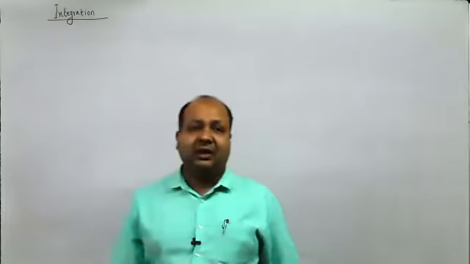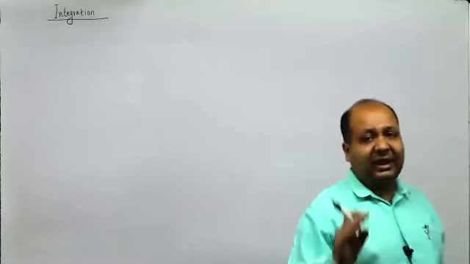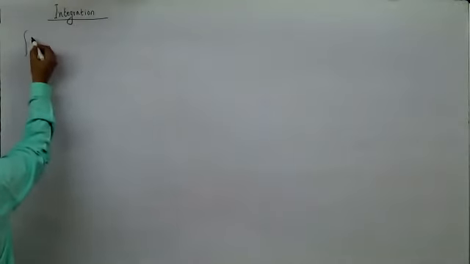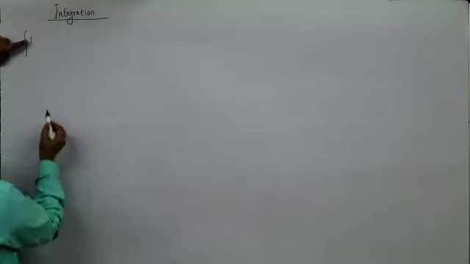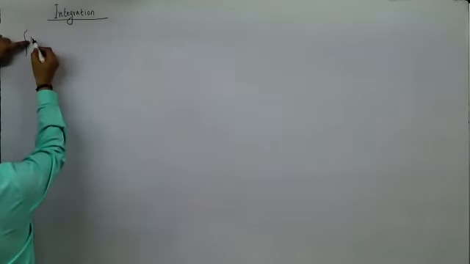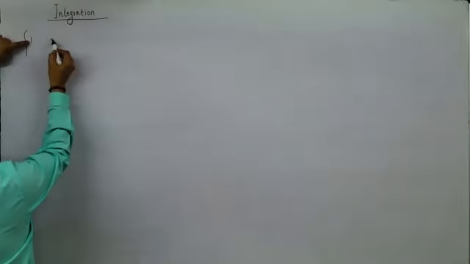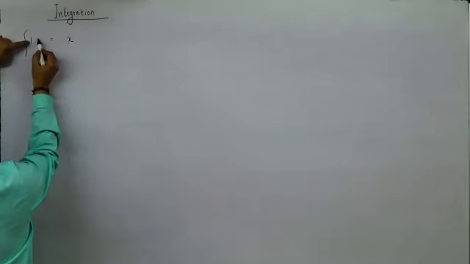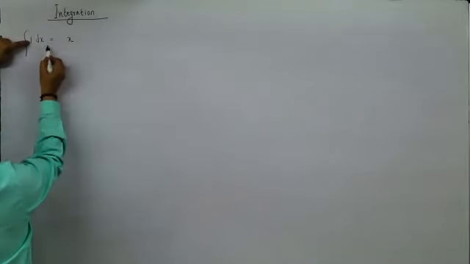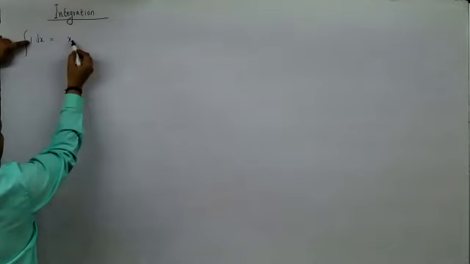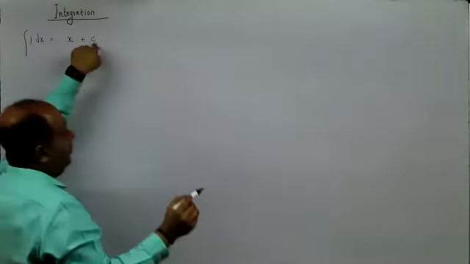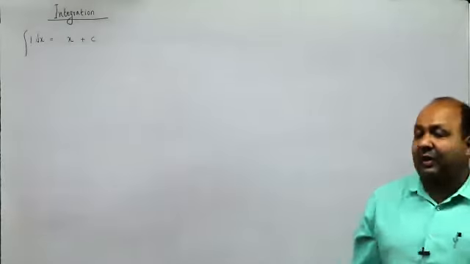Integration is antiderivative. That means if derivative of x is 1, integration of 1 is x. So I had given you a few formulae for the same. Whenever you try to recollect the formula of integration, just think derivative of what is this term. Here, integration of 1, derivative of what is 1? It can be x or y or z depending on the differential given here. Suppose I write here dx, then it is x. I write here dy, this would be y. I write here dz, this would be z. This plus c, because whenever you get indefinite integration, you will get a plus c term.